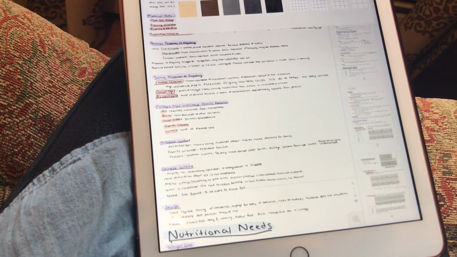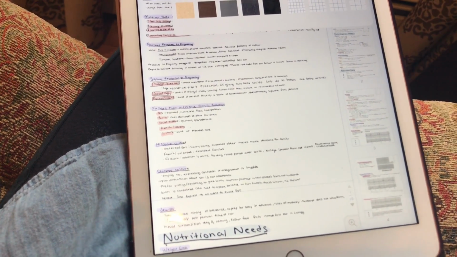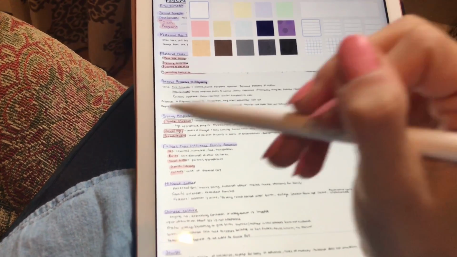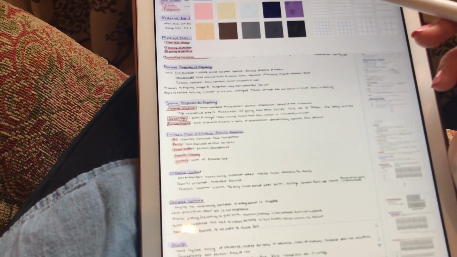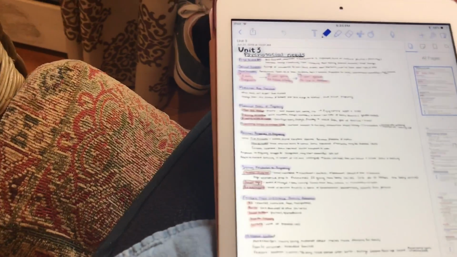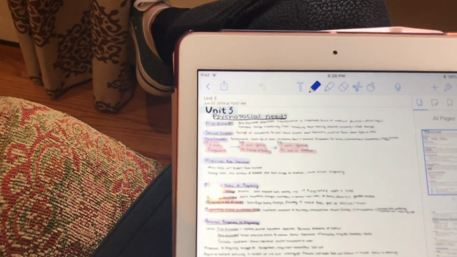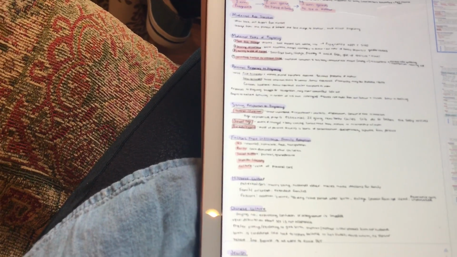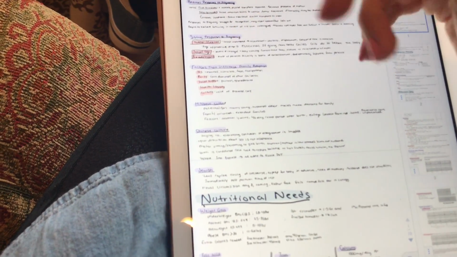It's not going to work now because it was exported and then imported, but I used the lines to make sure it was straight, and then I switched it to the white background after because I prefer pages that don't use lines when I'm studying. I just like the words. But anyway, so I have the different topics in purple, the titles are in blue, keynotes are in